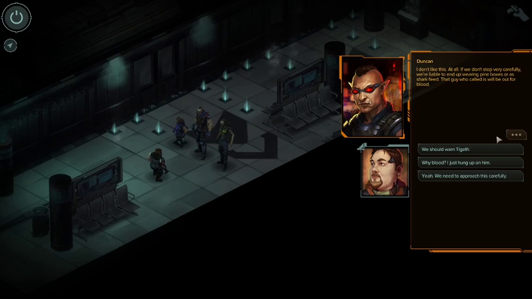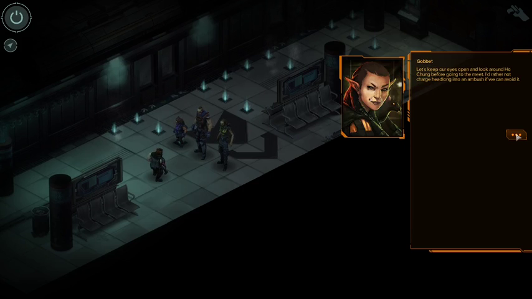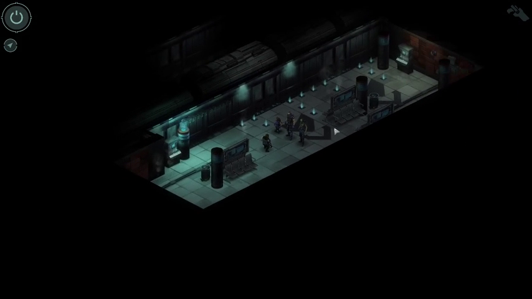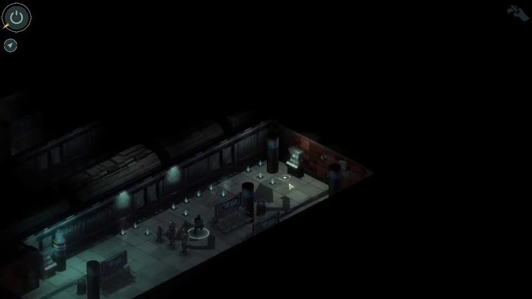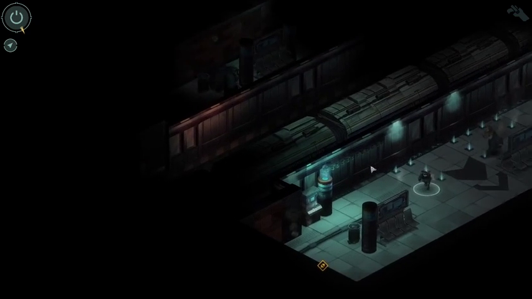I don't like this. After all, if we don't step very carefully, we're liable to end up wearing pine boxes as shark feed. The guy who called us will be out for blood. Why blood? I just hung up on him. Sure, and basically said you don't even think he was worth talking to on the phone. My dad would have gone after you with a butcher knife if you pulled that. You mean our dad? Let's keep our eyes open and look around Ho Chung before going to the meet. I'd rather not charge headlong into an ambush if we can avoid it. Yeah, look, no ambush is good. There's nothing at the station, so...